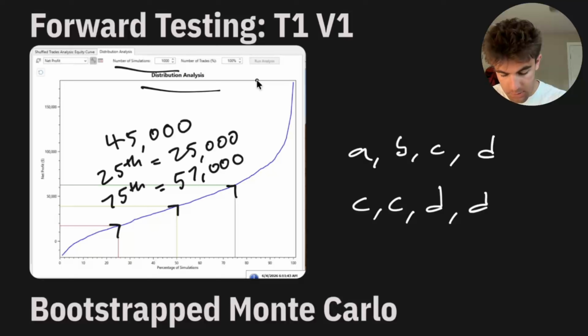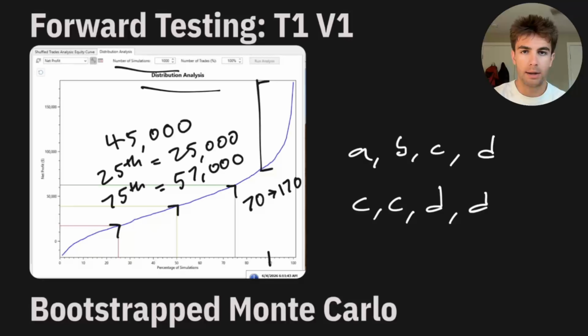However, this part of the graph is really interesting. There's a huge amount of variance in this last 10%. So only 10% of strategies have a net profit in this range, but this range is huge, from basically 70,000 to 170,000. I'm not sure why, if the range is so extreme on this end, in the positive direction, it is not equally as extreme in the tail end.